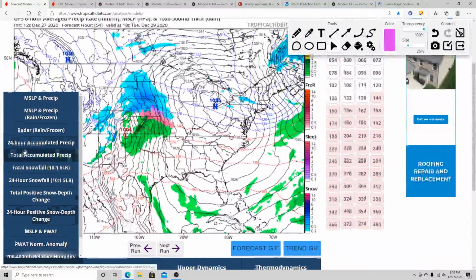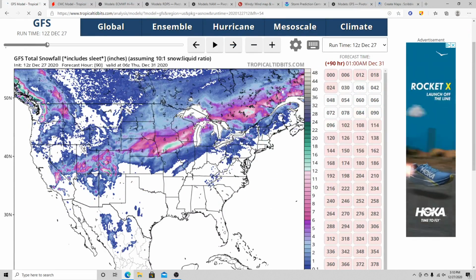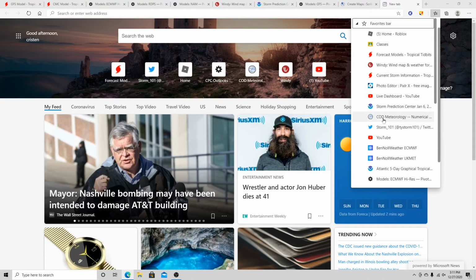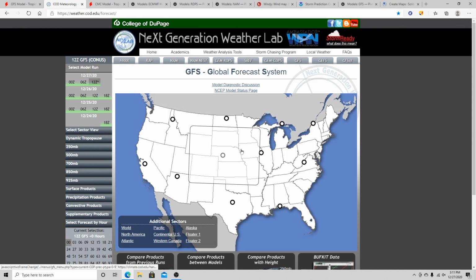If we take a look at the total snowfall with this, now this is in a 10 to 1 range. We'll probably look at Kuchera in just a moment, which in my opinion is probably a little bit more accurate to read snowfall totals. But you can see here widespread 7 to possibly 9 or 10 inches of snow. When you get those greens, that's above a foot of snow there as well. And if we get to the Kuchera amounts of snow, which is a different measurement,